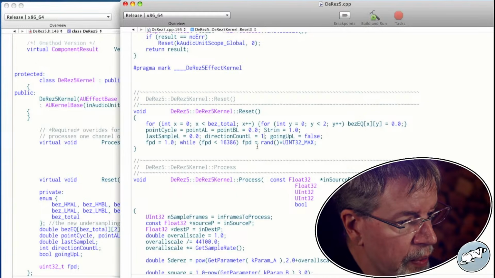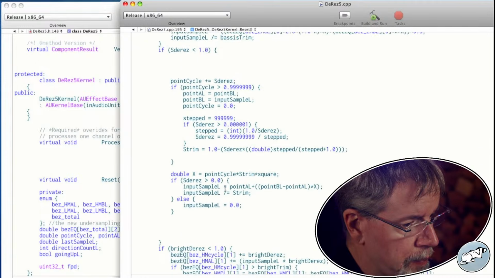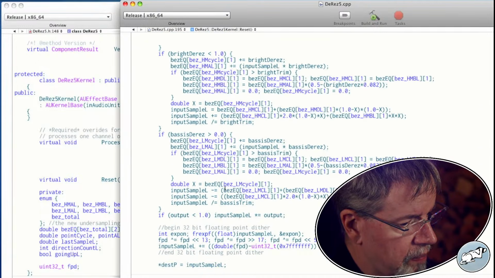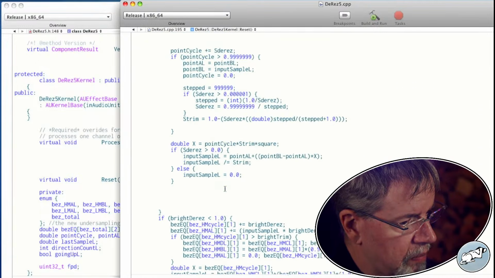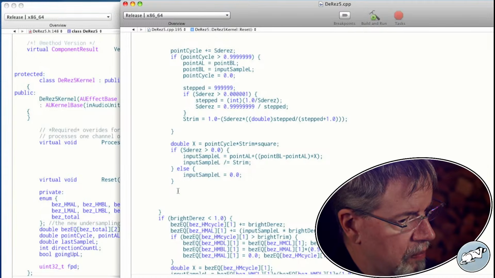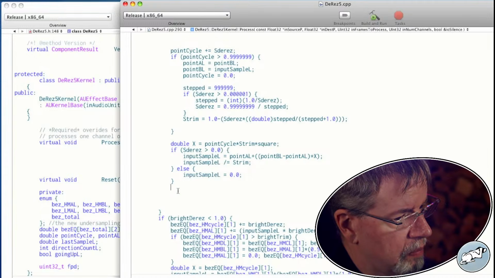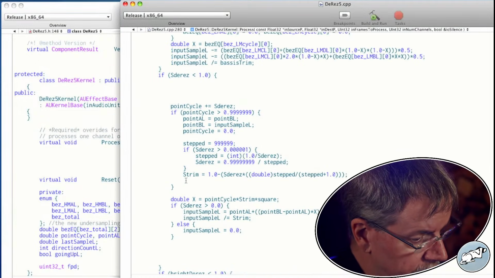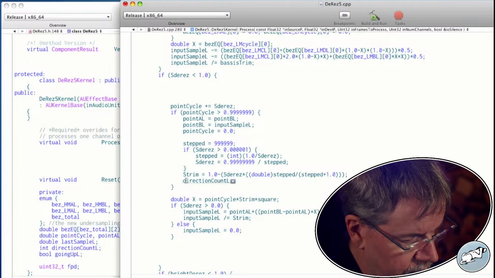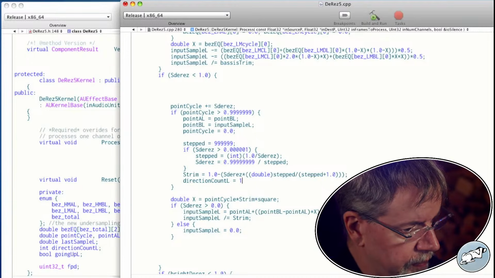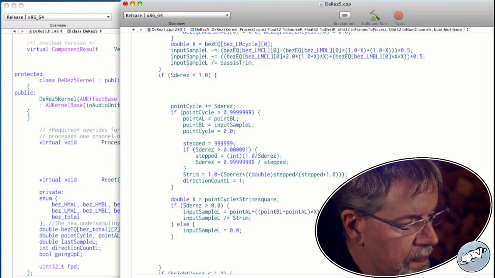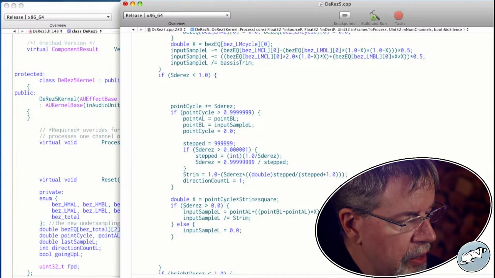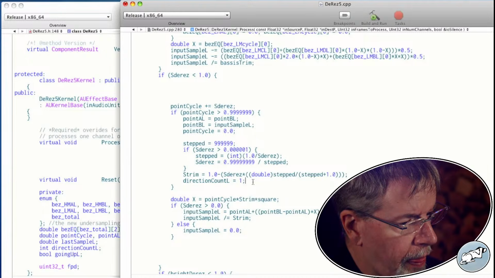Maybe we always want it to be 1. We've reached the end of point cycle. We can have 1 be its lowest possible setting.